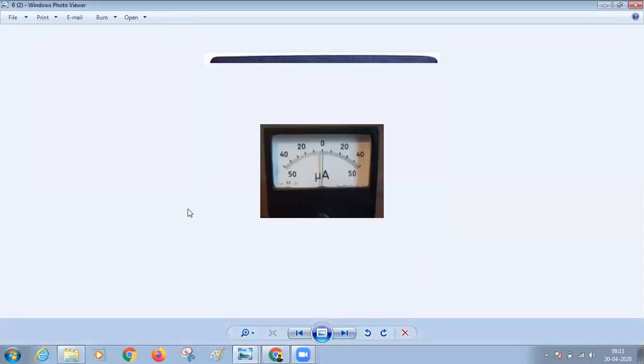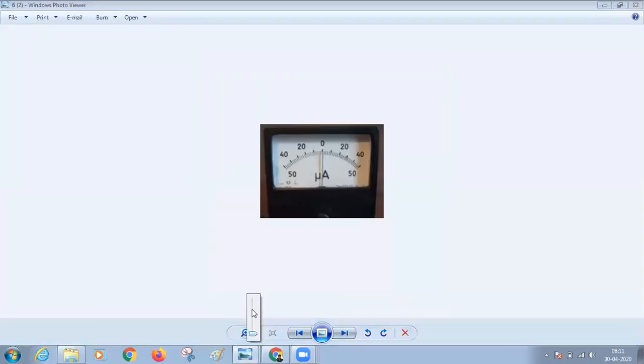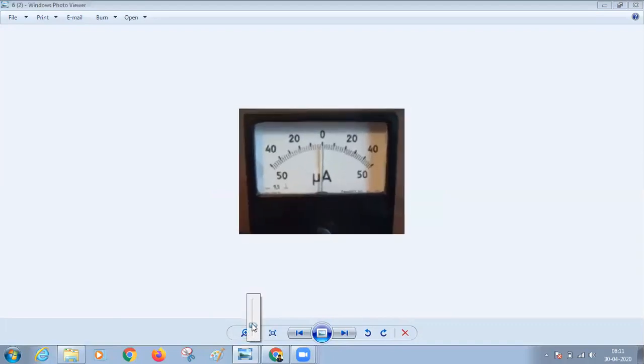Right. If you observe this meter, zoom it a bit, right? If you observe this meter, there are 3 symbols out there. Here the first symbol is one line like this, so that means it will measure DC. Inside the meter you have A amperes, micro amperes. So it is a DC ammeter, right?